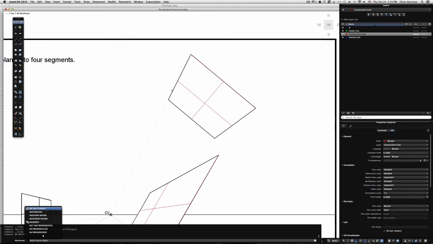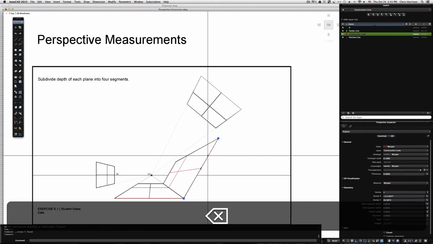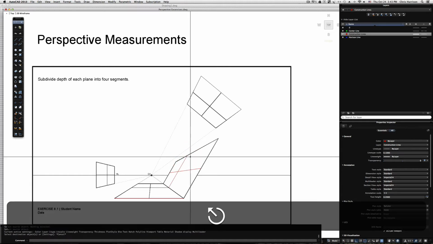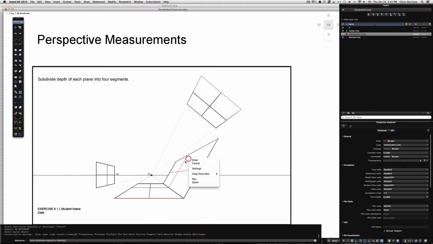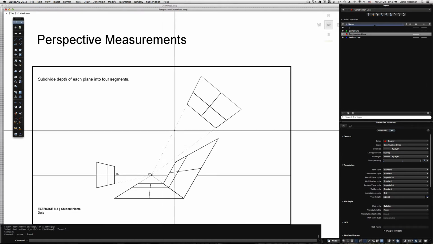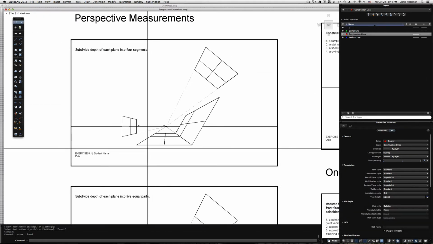And do a match properties. Clean that up a little bit. There, last one. So now we have subdivided each of these planes into 4 segments per the instruction of the